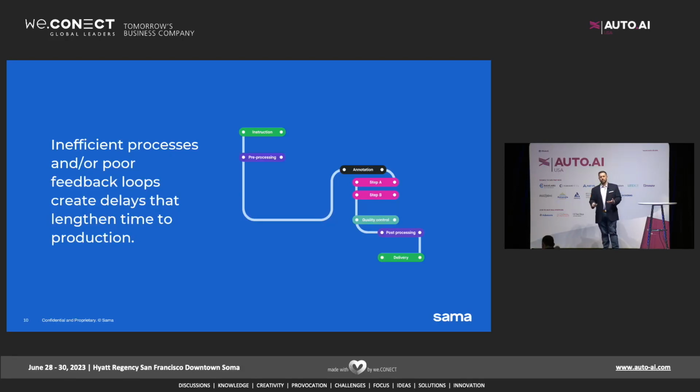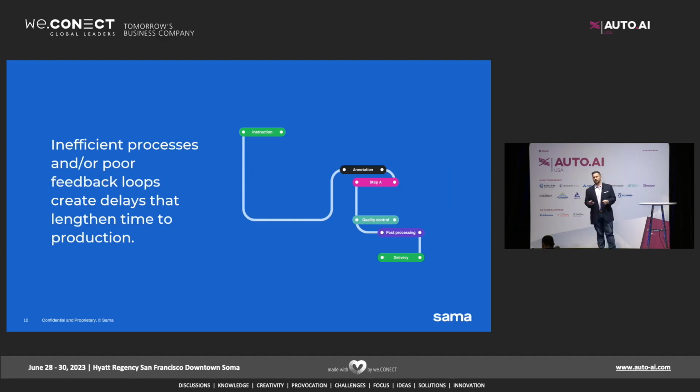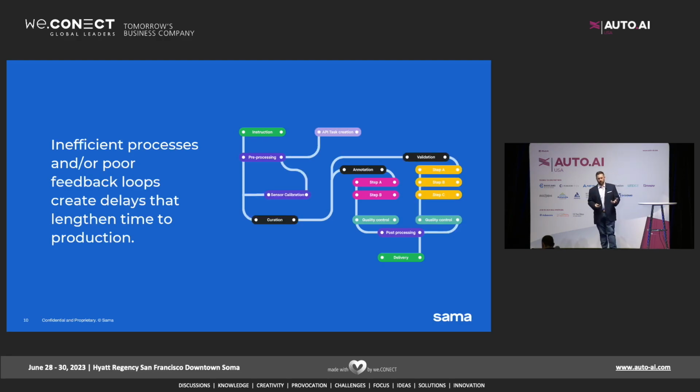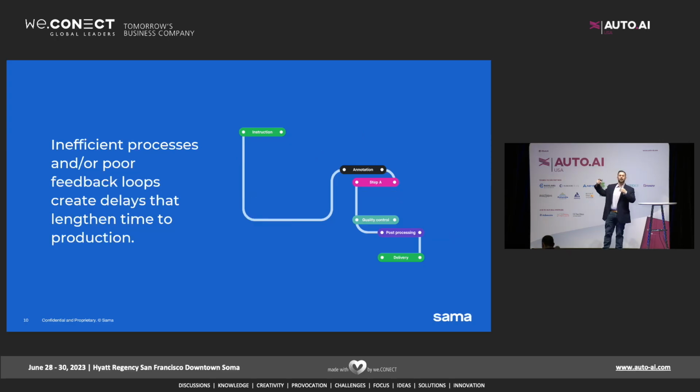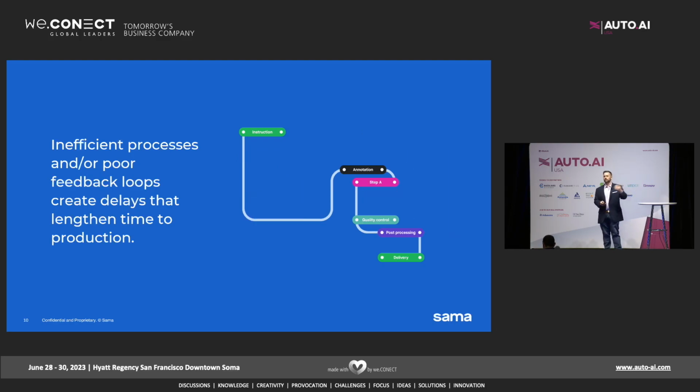So also inefficient processes. Who's seen a process where you actually added more to the process and you ended up taking less time in the end? So what you'd need is the right steps in your process. You can see some examples where we might pre-process the data, so that might be where we fix the calibration. By actually adding a step, even if it's just a step in your pipeline, you've actually improved the efficiency of your pipeline.